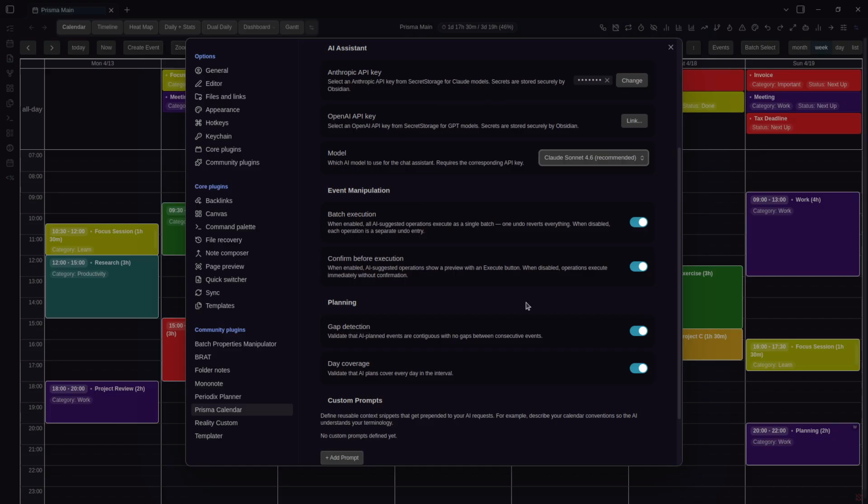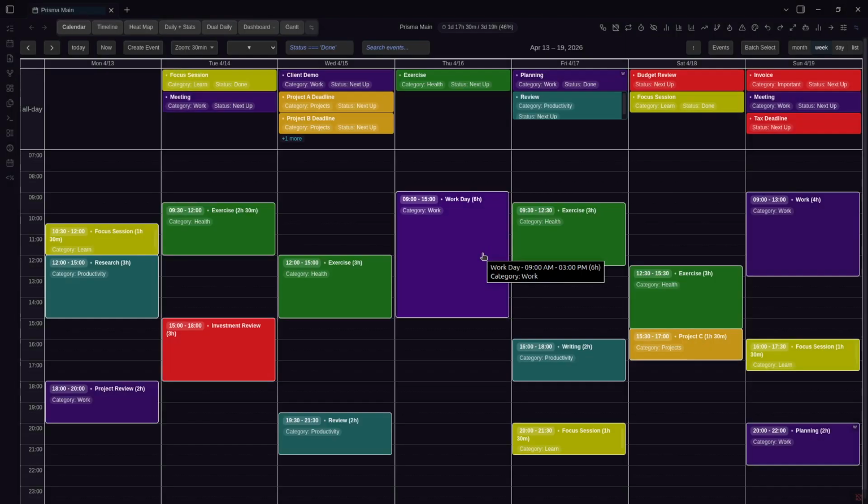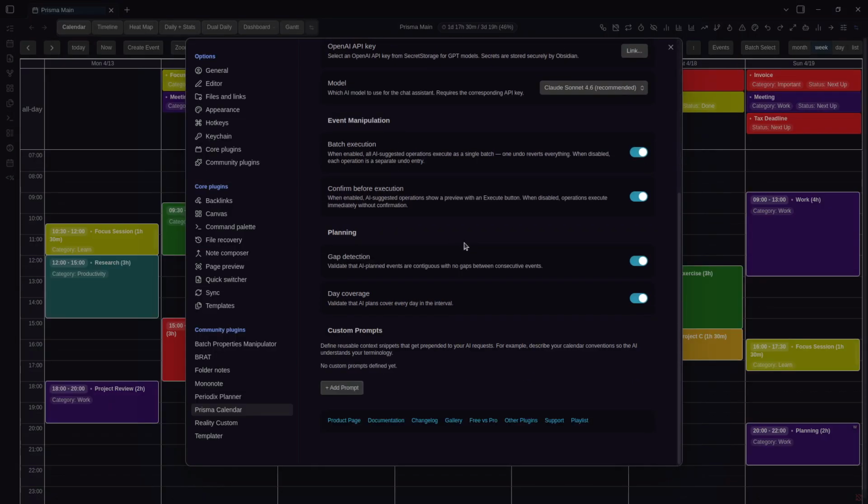Then the options here are event manipulation. So when the AI is manipulating events, you can configure whether all of the operations the AI is going to execute are going to be wrapped as one single batch operation, so that you can undo it or redo it as one operation. So basically, if you tell AI to remove, for example, the exercise events, it's going to remove all of the 5. So then, if it's packed as one batch, you can undo everything and see it that way,